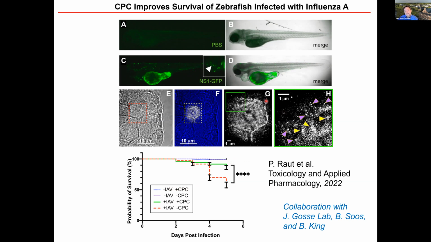And we are able to visualize HA clusters inside of those zebrafish because they're optically clear and the Casper mutant is fairly low background. So this offers an opportunity to do in vivo infection in an animal model, visualize the viral structures with super resolution, and do drug testing. And these zebrafish are able to reproduce and be genetically modified on a fairly short time scale so that we can do fairly high throughput testing. So that was also part of this toxicology and applied pharmacology paper.